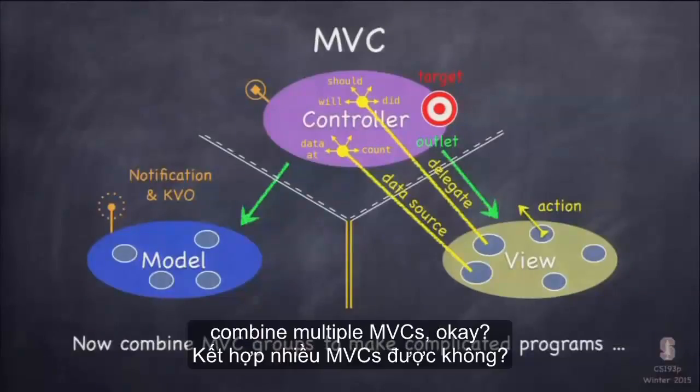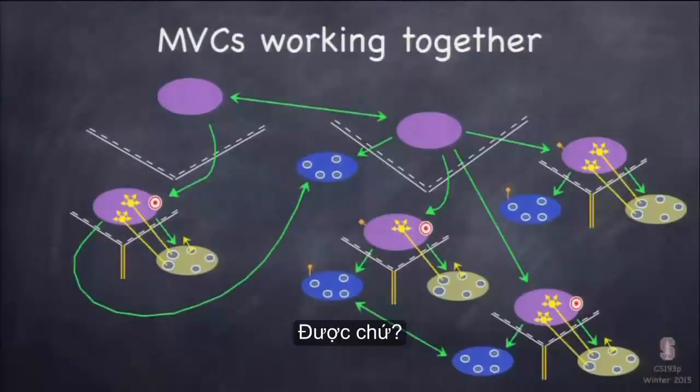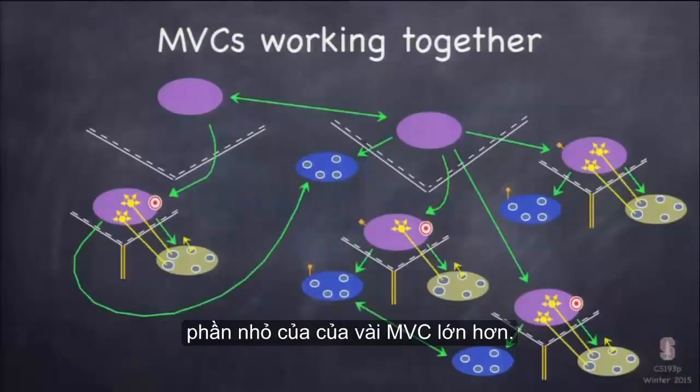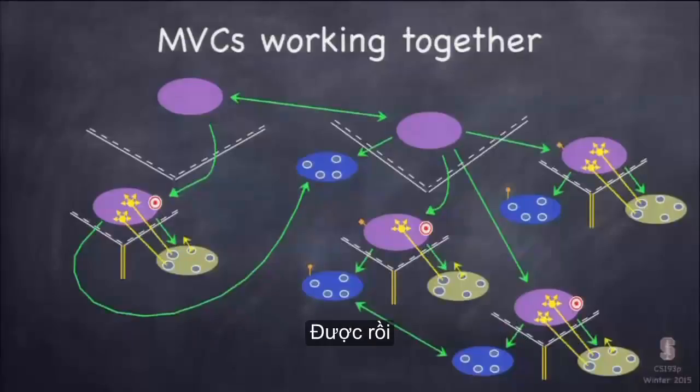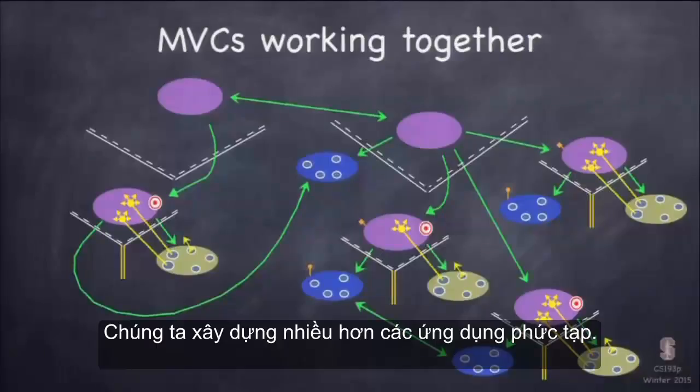Well, we're essentially going to combine multiple MVCs, because an MVC can use as part of its view another MVC. So an entire MVC can be one of the minions of some bigger MVC. And by doing that and cascading it down, we can build more and more complicated